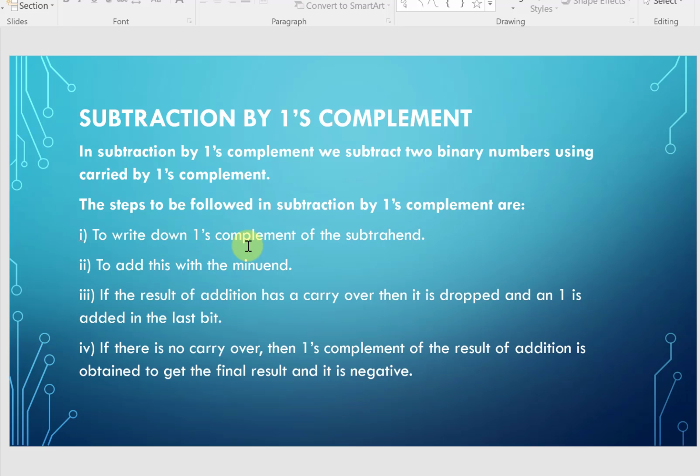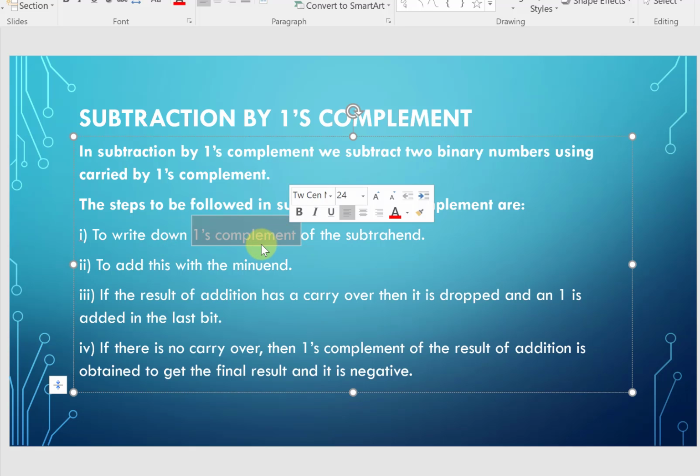Now we will study how to do the subtraction by using 1's complement. As we have studied how to do the subtraction by 2's complement with its steps, similarly we have the steps here also. First, write down the 1's complement of the subtrahend. Then add this with the minuend, and then we see if the result of the addition